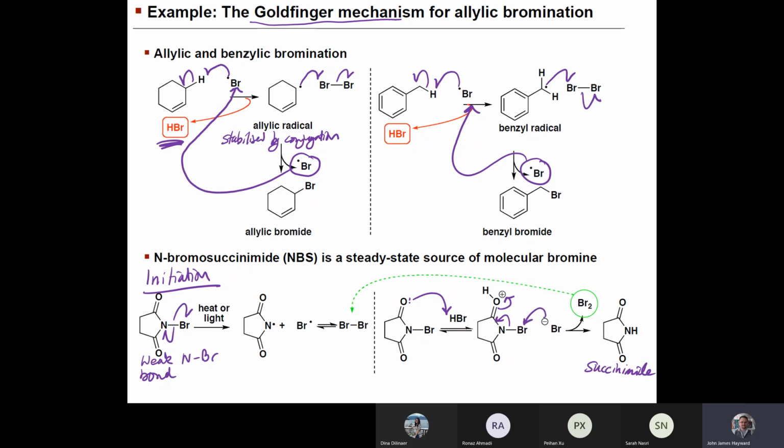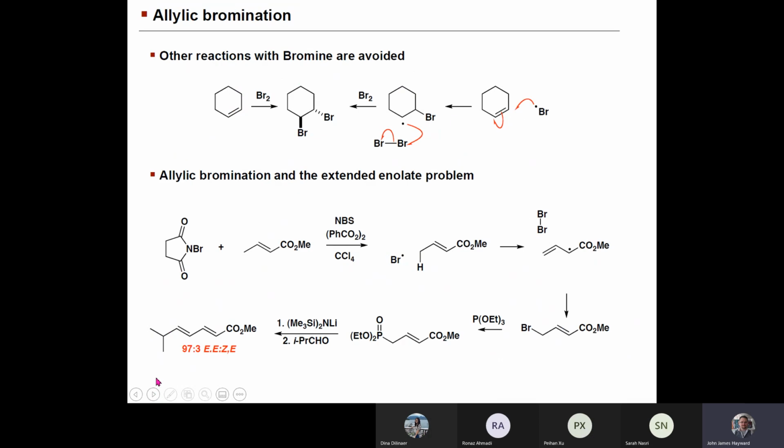Okay, the reason that this is good is that we only have small quantities of Br2 present at any one time, and so therefore we actually avoid the other reactions that would happen if you just took Br2 and threw it at an alkene. It's one of the first reactions you learn in organic chemistry, the trans dibromination of an alkene. That's what normally happens in the dark. But with bromine radical generation, you can get this allylic bromination. Alternatively, if you have a real large, high quantity of bromine present,